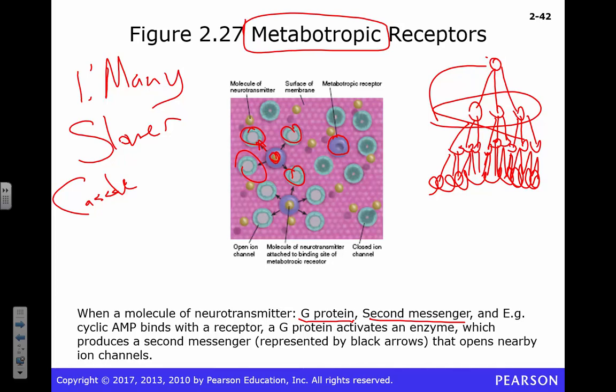So this second messenger system, it's not going to travel like across the country, but it can travel a little bit of distance, right? So there's some distance there, okay? So it's not as spatially coupled, right? So there's a little bit of space. So there are some differences in those two types of receptors.